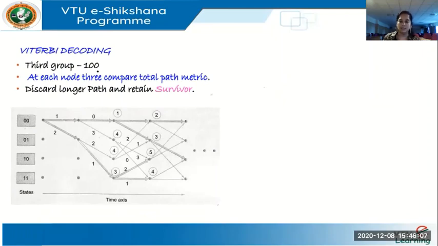I think this is the last what we receive. And what should I do? Here I'm receiving 1, 0, 0. This is the receive. Here the code value was 0, 0, 0. So what's the difference between this received and the code? 1. We already have. So if you want, you write this branch metric as 1.